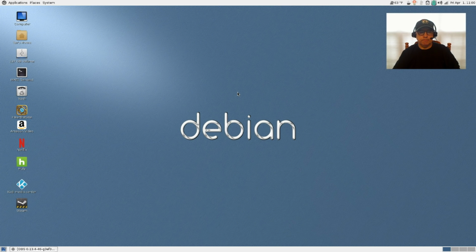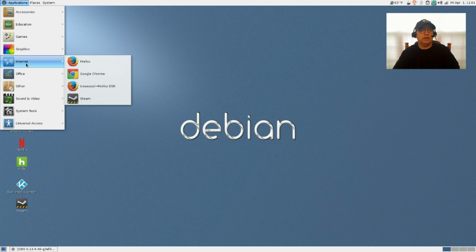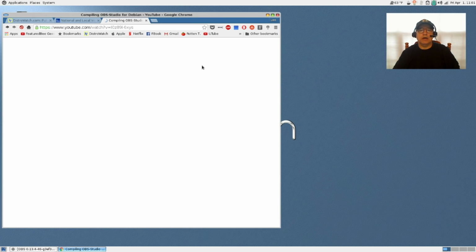But the alternative would be to do what I did with this Debian install that you're looking at. Basically, I went and installed Debian. If I want Debian, I guess I better start with Debian.